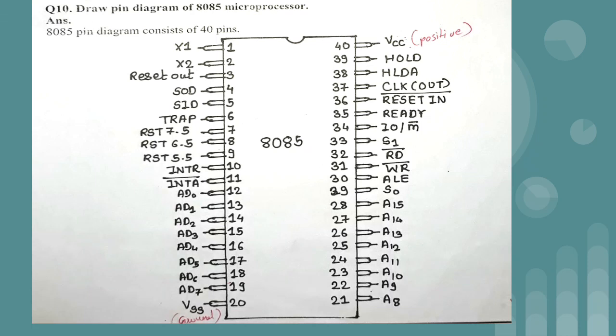When we generate the signal with the help of this particular pin INTR, after generation the system should give us some acknowledgement. That acknowledgement will be given on pin number 11, which is labeled as INTA, interrupt acknowledgement. Then we have learned that we have different types of buses. We have address buses, a total of 16 address buses. Address buses are unidirectional. Then we have data buses. We have a total of 8 data buses, which are bidirectional in nature, right?